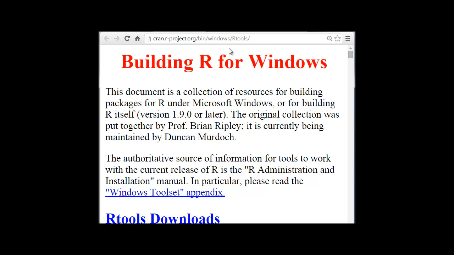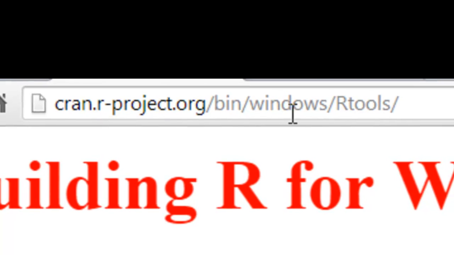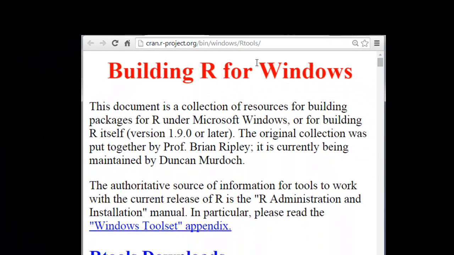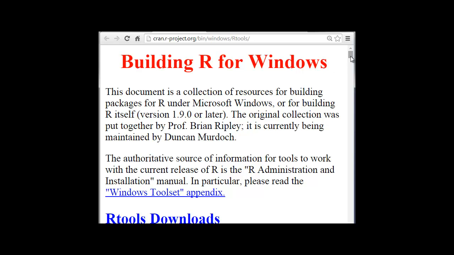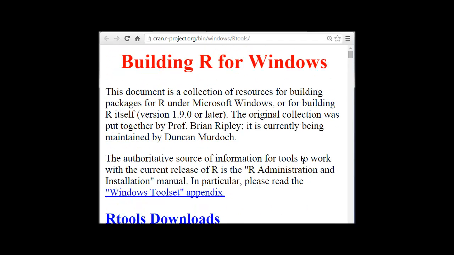Now, for downloading Rtools, you will go to the URL cran.r-project.org/bin/windows/Rtools, and you will be redirected to this window, Building R for Windows. Here you will see a list of Rtools. The latest version you can download from here, Rtools31.exe, and you can see the compatibility also here according to your choice.